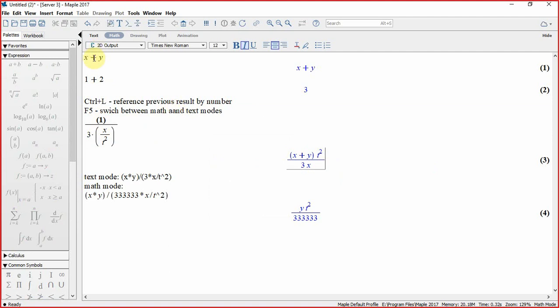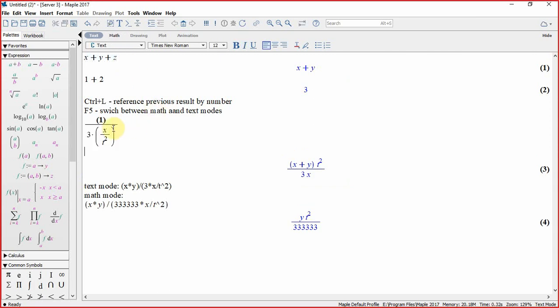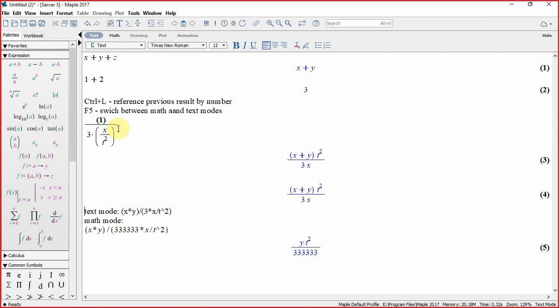Now let's modify this first expression. I do it x plus y plus z. So the difference will be clearly visible. If I try to press enter, you see there is no z. The first expression is still just x plus y. It was not re-evaluated. So when I execute the second expression, the first expression may not have been executed at all. It all depends on at which point we press enter